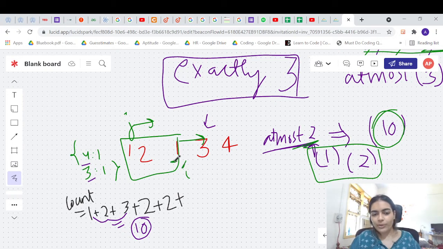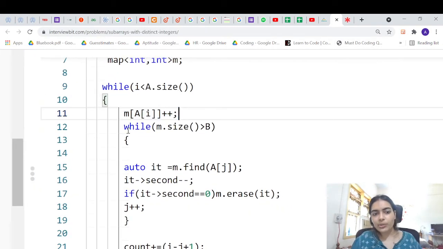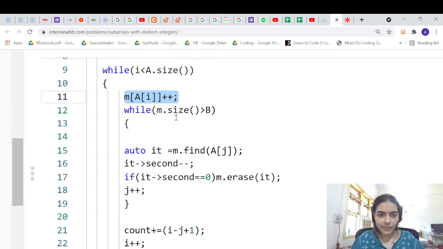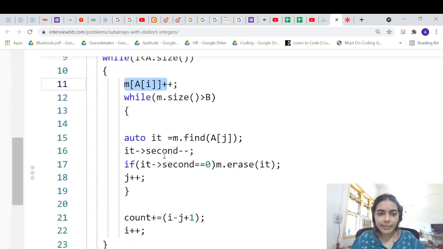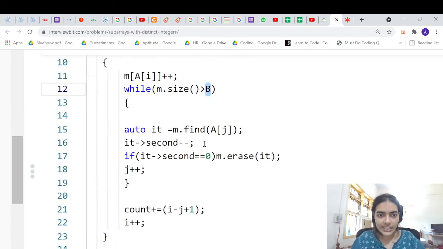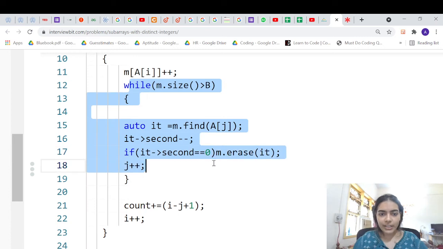So i is at this part. You can either call it start or end. It just matters from where you are seeing it. So i is the pointer which is from here, and j is the pointer which is behind. So in this case, whenever we find a new element, or if an element is repeating, it doesn't matter. i is the element that we have to take, right? So we just include it in our map. But while including this element, if the size exceeds b, our allowed threshold, you cannot include the element. You will have to start removing the elements.